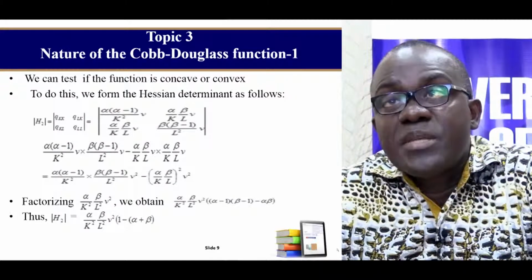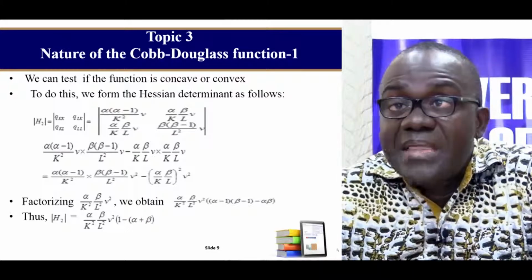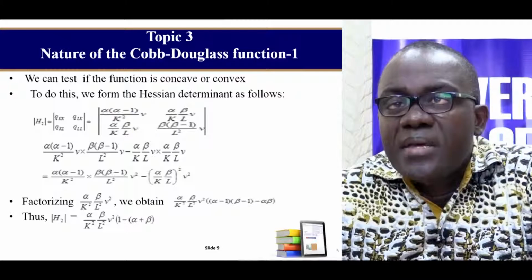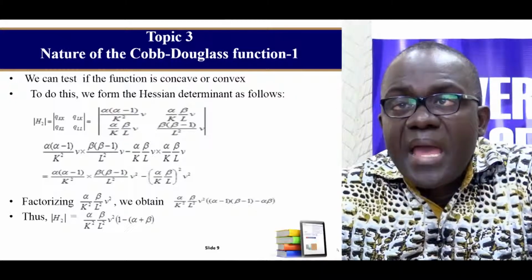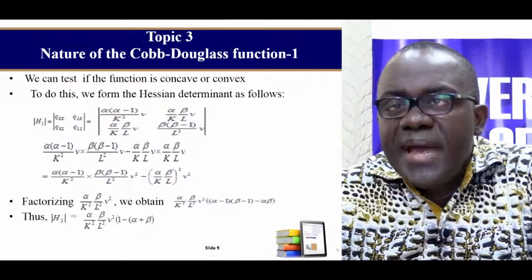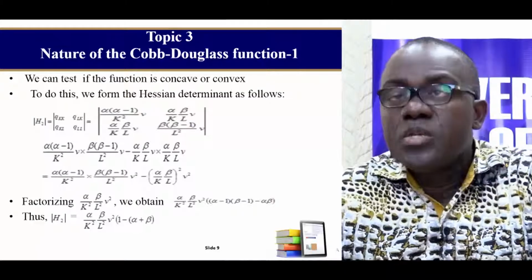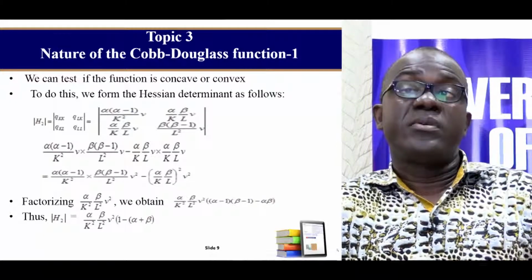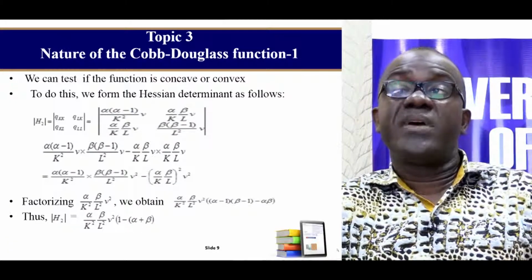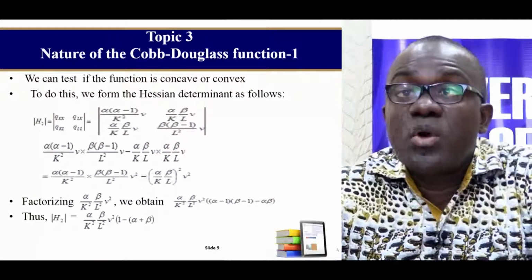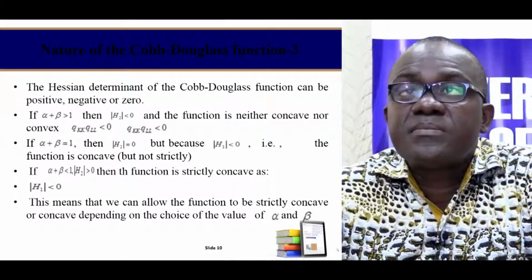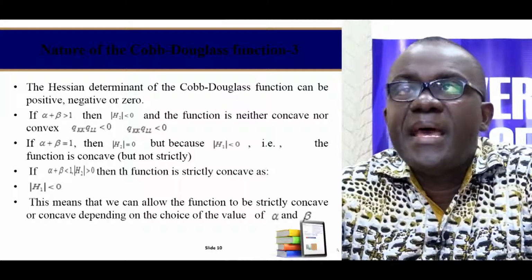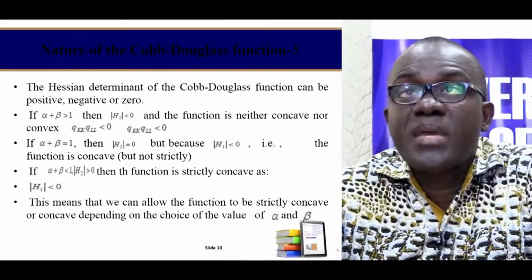When we insert them into the Hessian determinant and simplify, we get a function of this nature. We can factorize this out and simplify it, and we get an equation of this nature. So the question is, will this value be greater than 0, less than 0, or equal to 0? It's from here that you'll be able to know whether the function is concave, convex, strictly concave, or strictly convex. Now, these are the conditions under which you are going to get a Copula function to be concave,